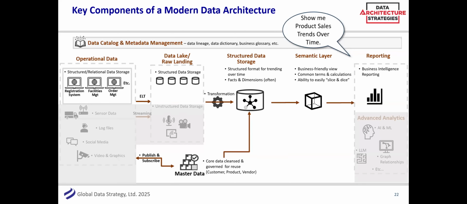You're going to take it from your operational system, which is typically still a relational database. Maybe you want to land that in a raw landing area. Just keep it, don't transform it at all. Just ELT, right? Then we may want to transform it into your facts and dimensions. You can, but it's a whole lot better to have what we call conformed dimensions, which means, yes, I have a single view of customer across all my organization that's clean and rationalized. And so that's where something like a master data hub can come in. And then you may want to do a semantic layer and then report on that in your BI report.